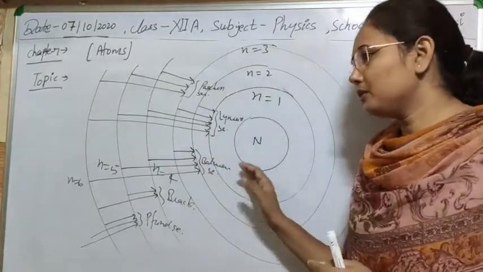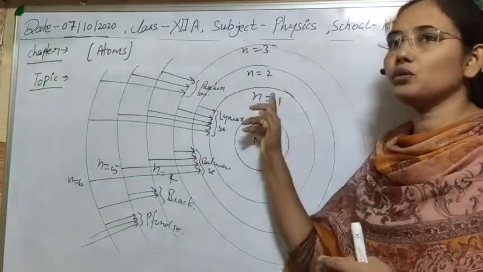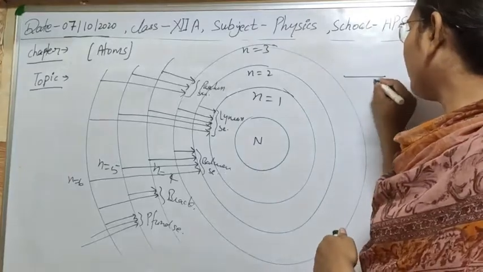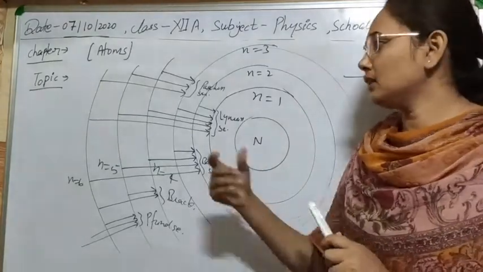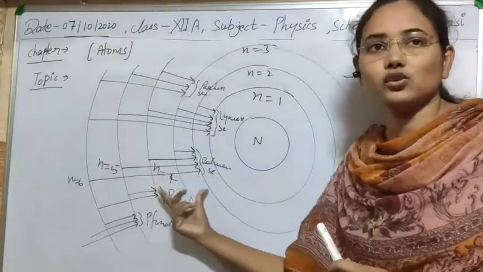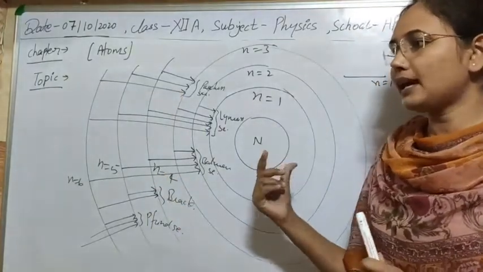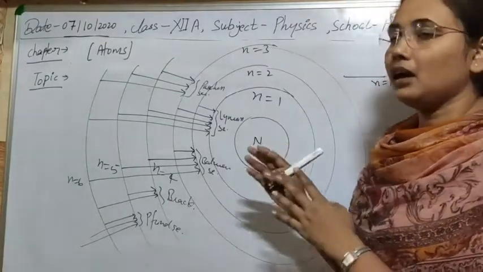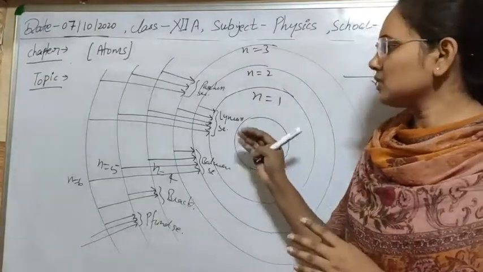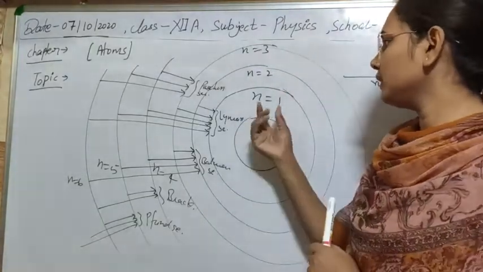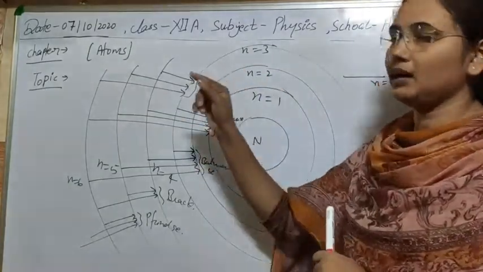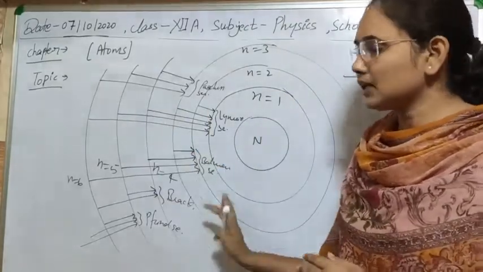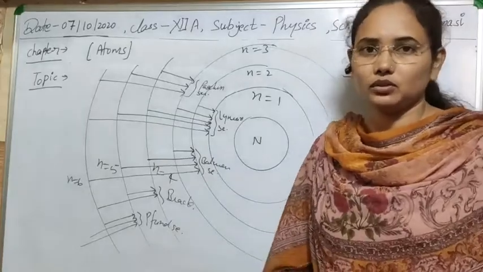Means, in place of drawing the circular orbit, we can easily draw only a line for n equal to 1. And we can show the transitions of electrons between different orbits, and that arrangement is known as an energy level diagram in spectroscopy. In spectroscopy, we show only these transitions and energy levels with the help of straight lines. So let's see how we can explain the same thing with the energy level diagram. I think this is simple and clear to you.